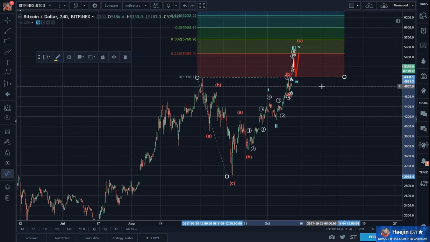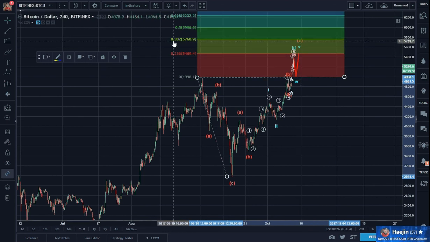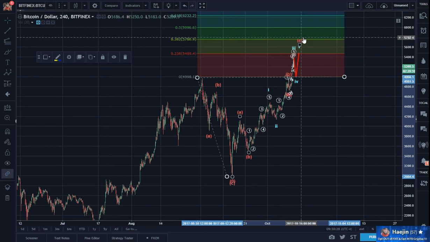So don't peg me to that. 1.236 could be 5469, which is about where I put the 5. 1.382 could be 5760. And once we're at 5760, I'm going to be scratching my head thinking that's way too high for an expanded flat.